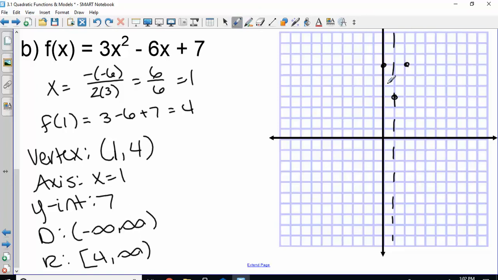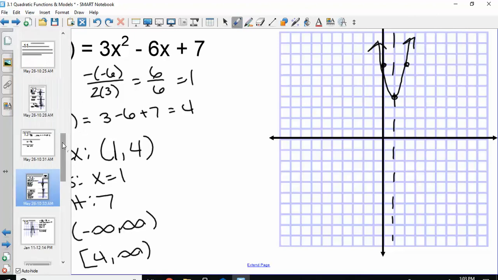Let's check this. The vertex is at 1, 4. For axis of symmetry, x equals 1. Y-intercept is 7. So that allows you to get your graph. Domain is always negative infinity to infinity. This one, it's opening up, so your range is 4 to infinity. Are we good? We will finish this note